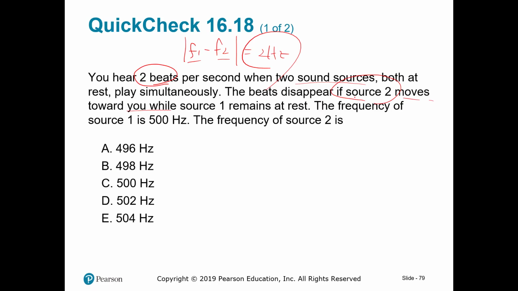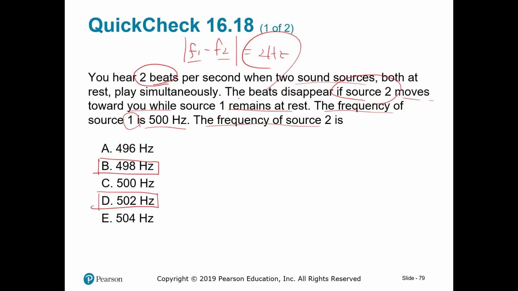So this is the Doppler effect. If this one source is moving toward you, what happens? Its frequency will increase. And source 1 remains at rest. The frequency of the source is 1 hertz. And then what is the frequency of the other source? So the answer, you can either have 2 higher or 2 lower. But the beats